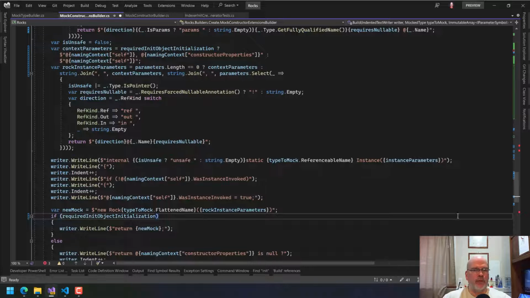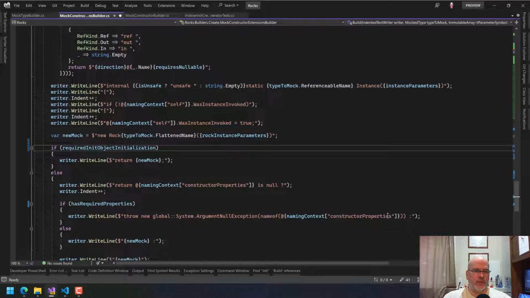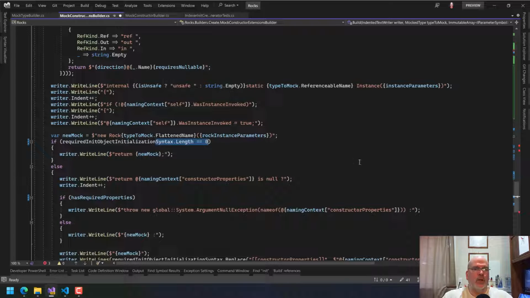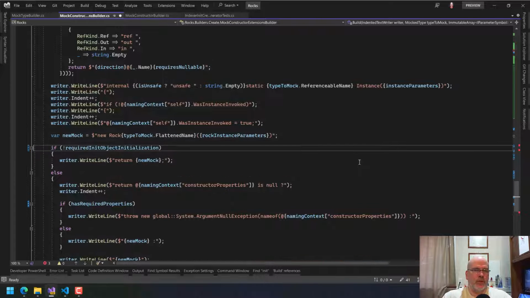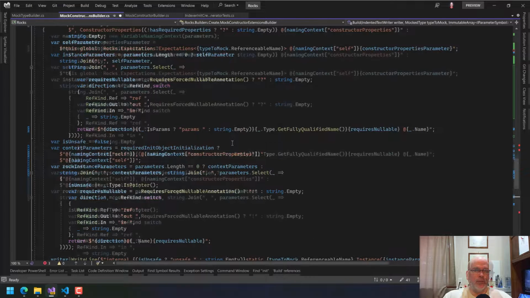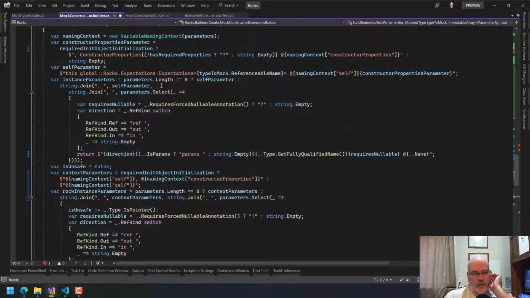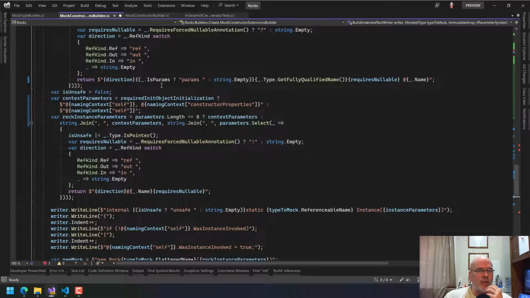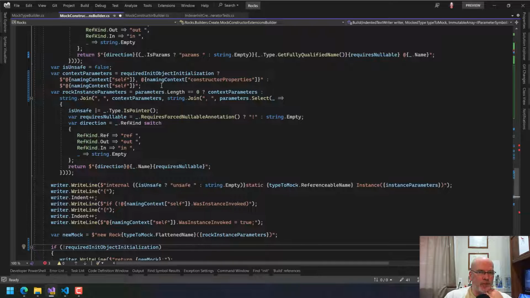If you required object initialization, oh, no. What was, if not, yes, okay, so if, yeah, and if it was, we need to do that. Yes, okay. I have to keep reading over this because I know I'm going to miss something somewhere. I probably already have when I edit this video. So